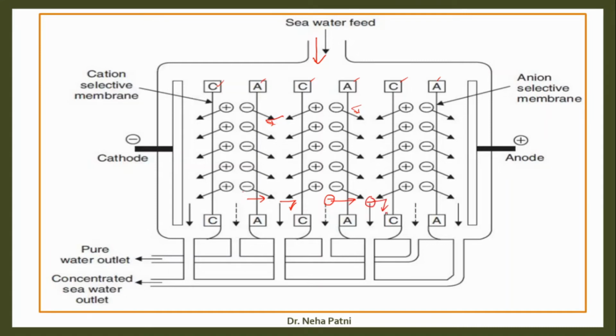So at the end, you can focus on the dotted arrow and the line arrow. You can see this arrow, right? Here, what type of ions are present? These are the concentrated salt solution, because anions and cations will go to this compartment. While if you see the dotted one, this one and this one and this one, it would be free from cations and anions, because either they are going to that side or they are going to that side. Ultimately, if you collect this particular water, it would be your pure water. So you can take your pure water from here and you can take your concentrated seawater outlet from here.